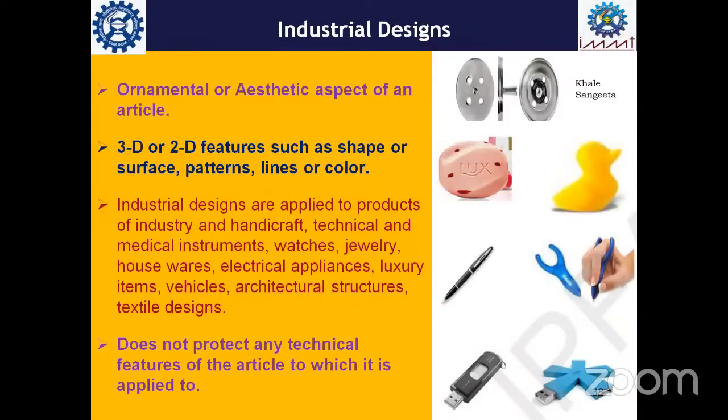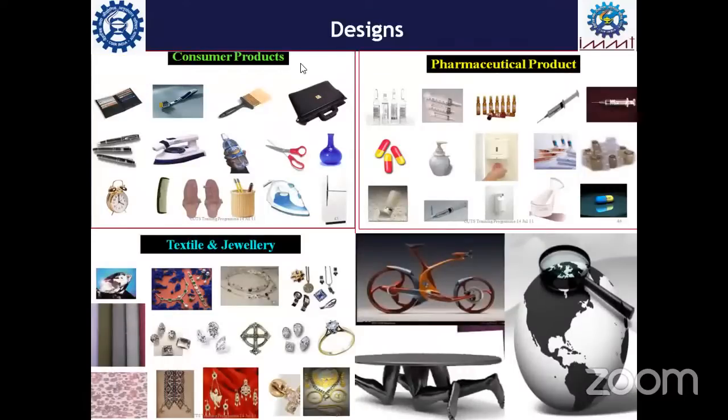Any industry. May it be a consumer product, a textile, jewelry, pharmaceutical or any other. All these appearing on the screen do hold an industrial design tag. Toothbrush, chappals, syringe, table, conical flask, textile, jewelry, all these are examples of industrial designs. Whatever is appearing to your eyes, if it has a new design, it can go under the industrial design category. And many companies protect them under this category.